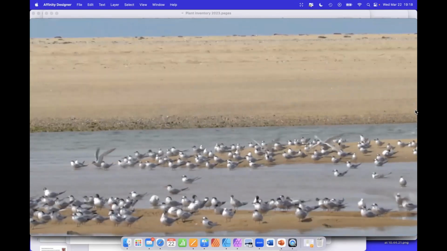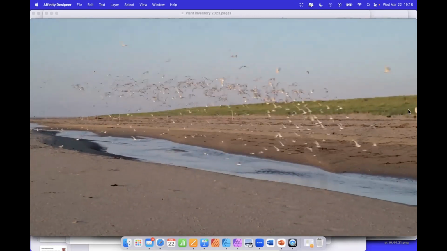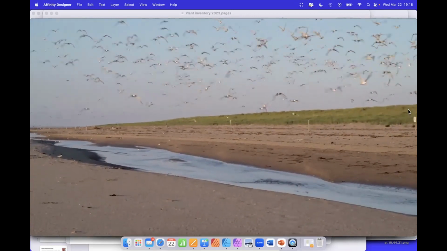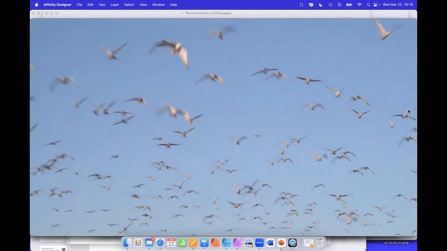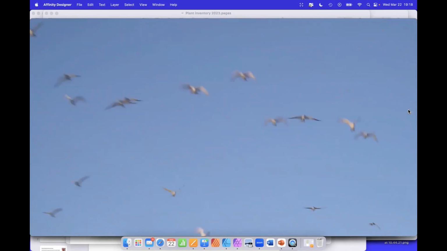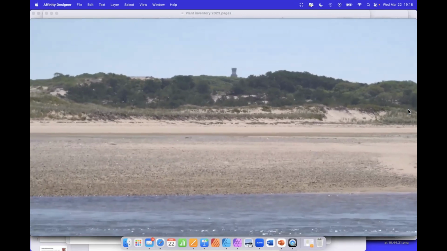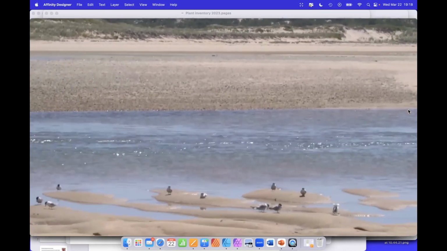Most of the birds that we're seeing in the flocks are common terns. Common terns in the northeast of U.S. probably outnumber roseate terns better than 50 to 1 overall. When you have the big flocks, those are dominated by the common terns. So yeah, you're seeing a lot of birds, but just remember, only 1 in 20 is likely to be a